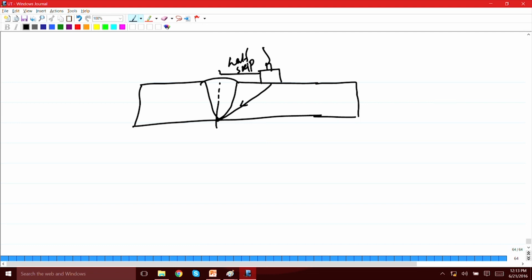Okay. And then when you move it to the full skip, then it will go all the way to the top. Okay. So, since you need to inspect the entire weld from the root to the crown, so this is your root and this is the crown or the top,